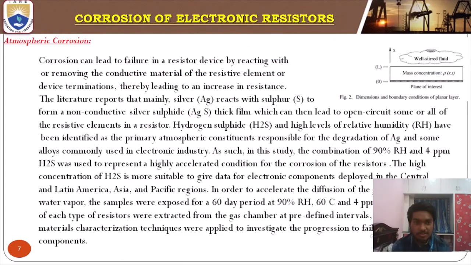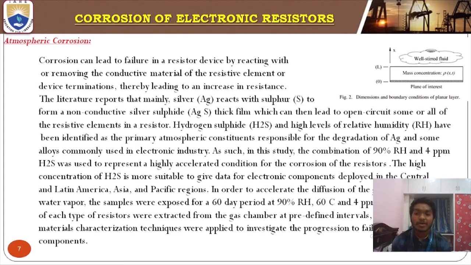Atmospheric corrosion. In the graph you can see that there is an x direction. At x equal to 0, the resistor is in contact with the metal surface. At x equal to L, it is in contact with the well-stirred fluid. Corrosion can lead to failure in a resistor. Atmospheric corrosion can lead to failure in a resistor device